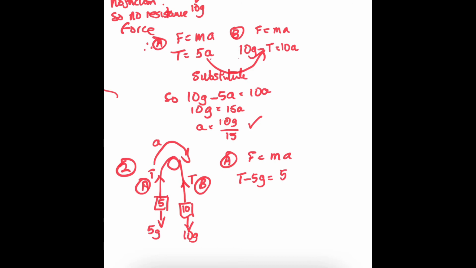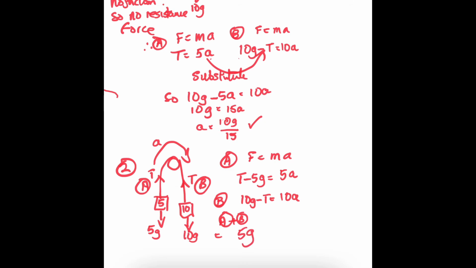And that equals 5a, 5 being the mass of that object we're looking at. B, now we're going to look at that. I'm going to say, now it's going to go downwards, so it's 10g minus T is the net force, and that equals 10a. Now, what we want to do is work out acceleration. We can get rid of the Ts by adding a and b together, and you end up with 5g